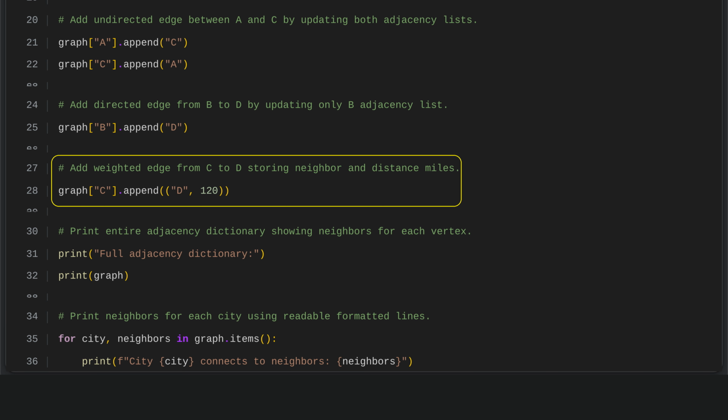Here we add a weighted edge from city C to city D in the graph by appending a pair to C's list of neighbors. This pair includes the destination city, D, and the edge's weight, which is the distance of 120 miles. In this way, the graph stores both the connection between C and D and the cost of traveling